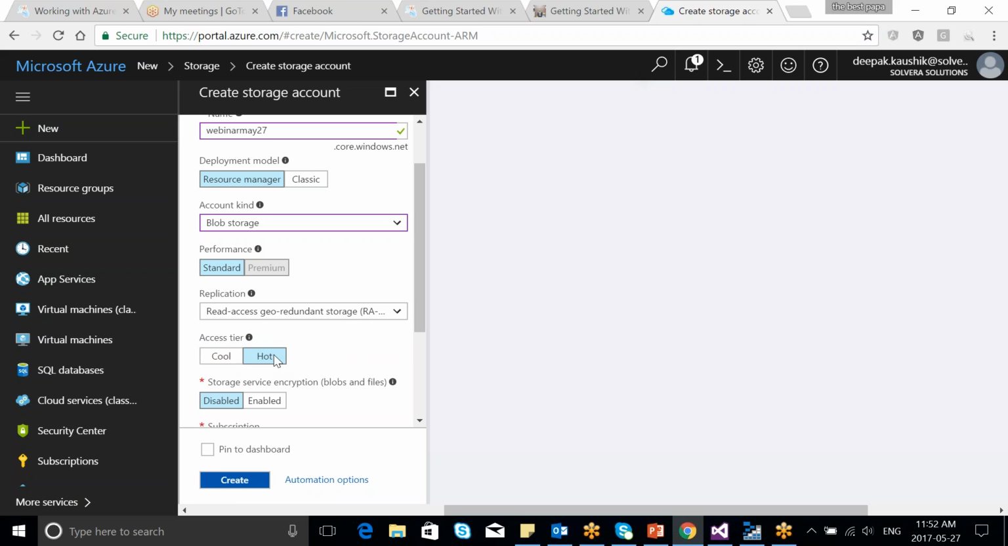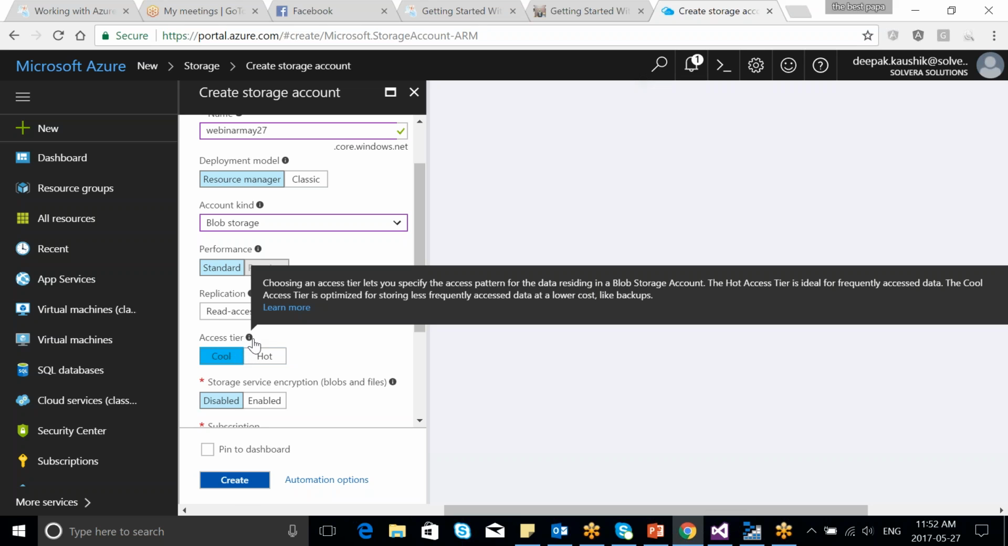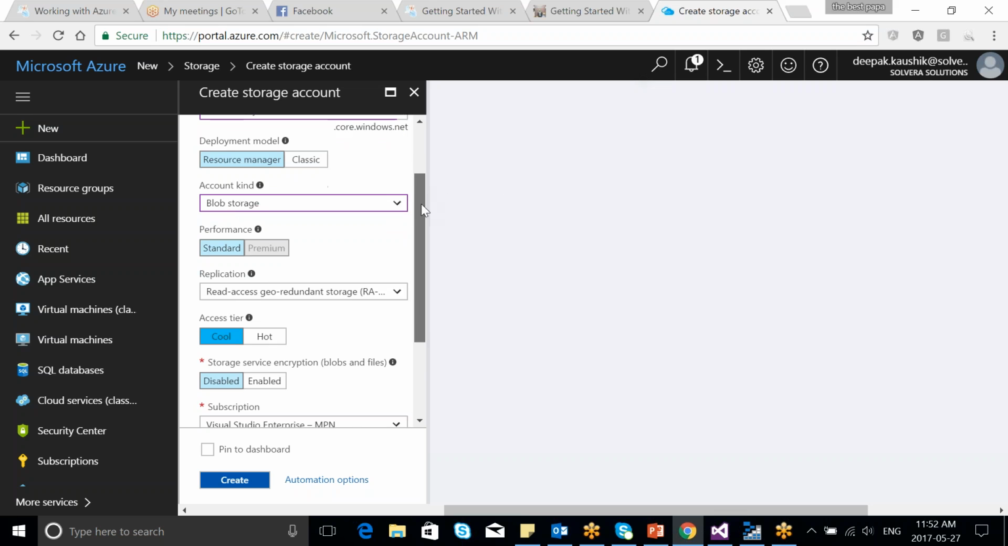So access tier: cool and hot. Cool, when our data is not used frequently, we use cool. Hot, if our data is used very frequently, we use hot. So for example, for finance transactions, probably we would be on hot, whereas for a government website where the number of users is not so high, then we could use cool. Choosing an access tier lets you specify the access pattern for data residing in blob storage. The hot access tier is ideal for frequently accessed data. So when you create this today,